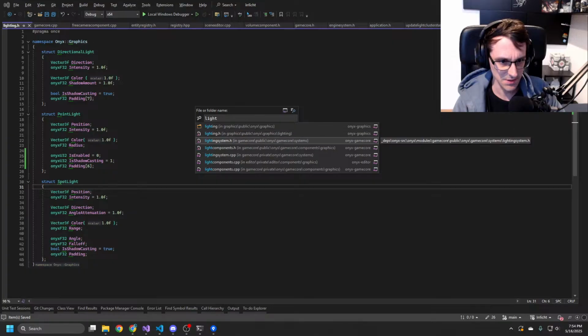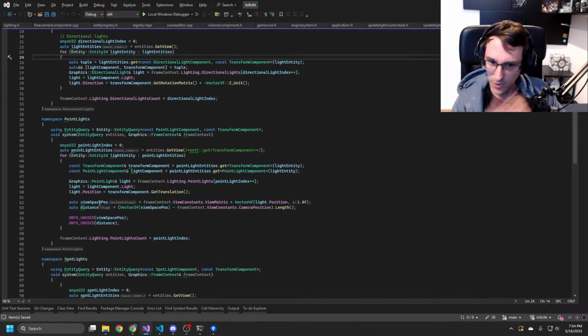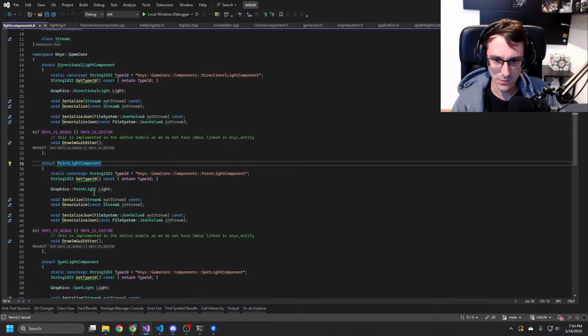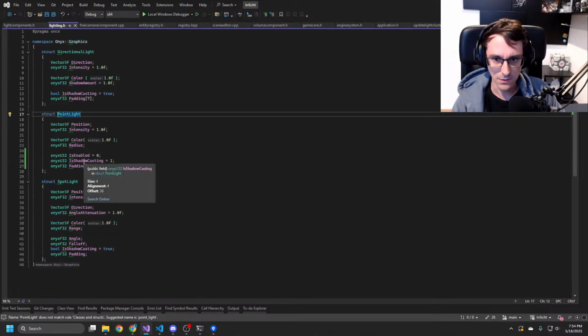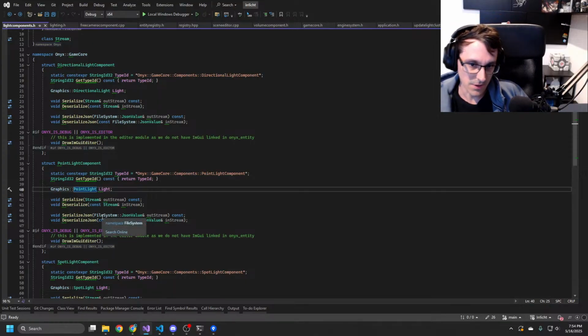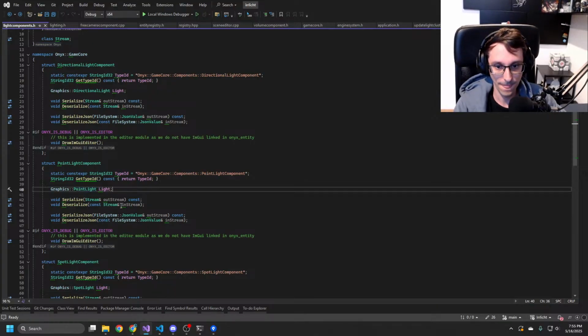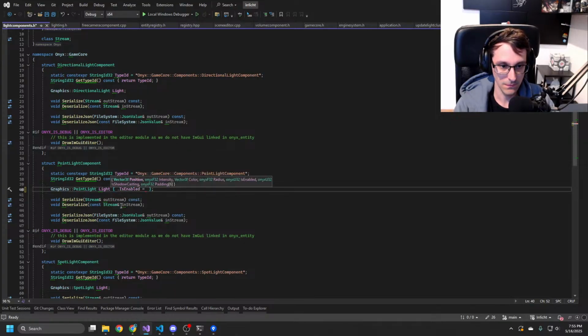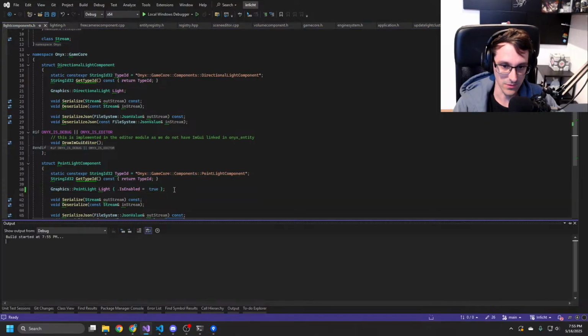And then in lighting system, when we write the point light into the thing, so basically when we have the point light component here, where can I create one here like that? Does that work? Can I do that?